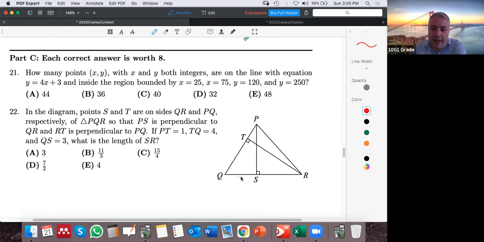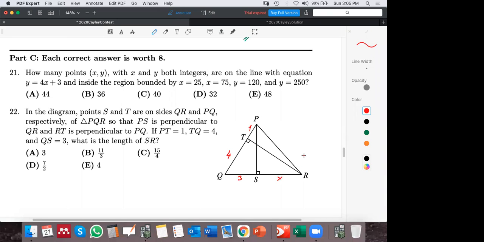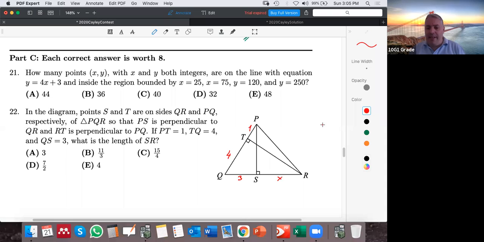Q is 3, and then PT is 1, and then TQ is 4. These are given, right? This is the X. My dear students, first of all, whenever you have two triangles that have a common vertex,